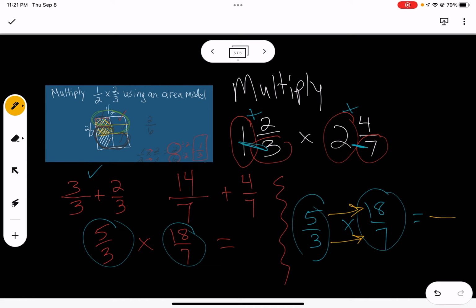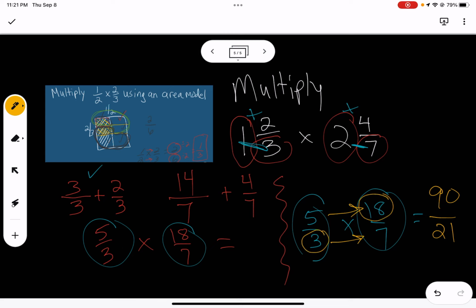So 5 times 18. Okay, well if it was 5 times 20, that's 100. But each one of the 5 is reduced by 2. So 100 take away 10 is 90. This should be 90, and you can check in your calculator to make sure I'm right. 3 times 7 is 21. And I'm highly suspicious that this can be simplified, and the reason why I'm saying that is because if you take a look here,